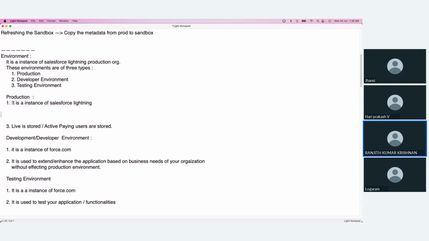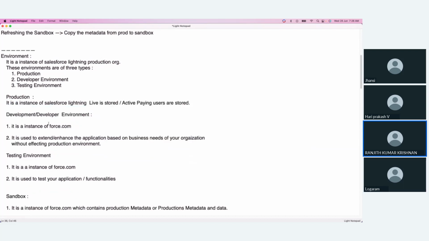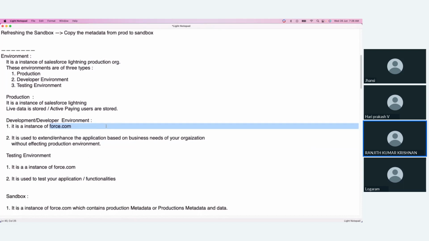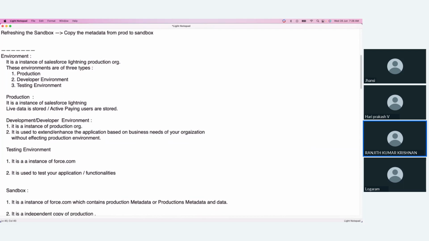Yeah, it's a live environment where live data is stored. The production is where the customers are engaged, and the developer environment is basically an instance of the production org, isn't it? It is used to extend and enhance the application. You like to modify the application, you like to add a new application,